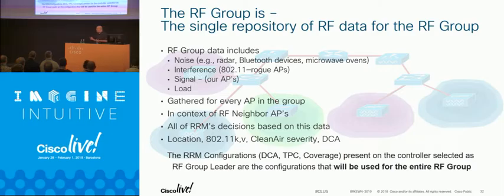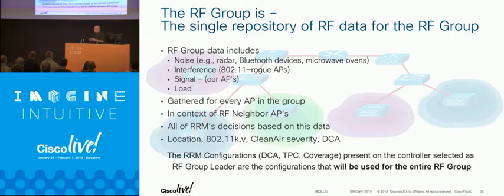So the RF group, and that data includes measurements for noise, and it's system-wide. That's one of the advantages of our WLC, and I love it, is I know how every AP hears every other AP in the installation because we're collecting those neighbor messages in a centralized fashion. So we collect the noise, interference, signal, which is RAPs. Interference in RRM terms means not RAPs. Interference and non-Wi-Fi interference are two different things. And the load. We don't use the load much. The load is pretty dynamic. I don't know if you've ever watched channel utilization in your office, but it can bounce up and down incredibly.